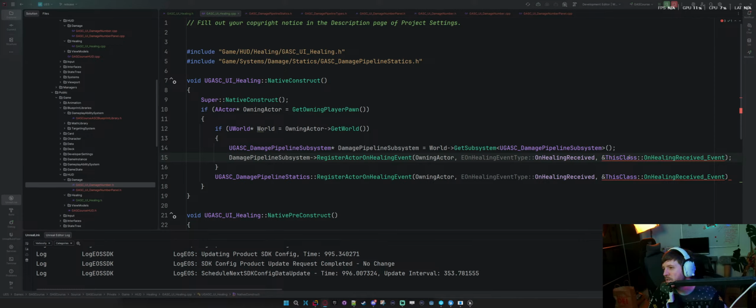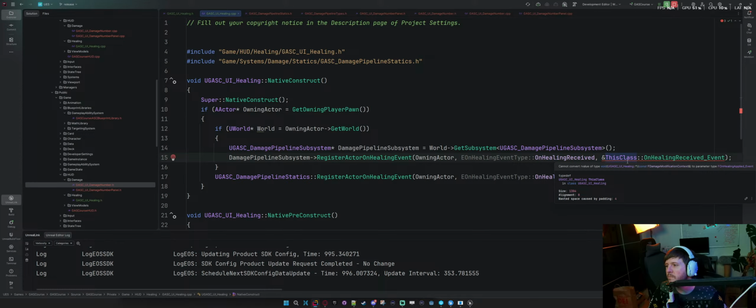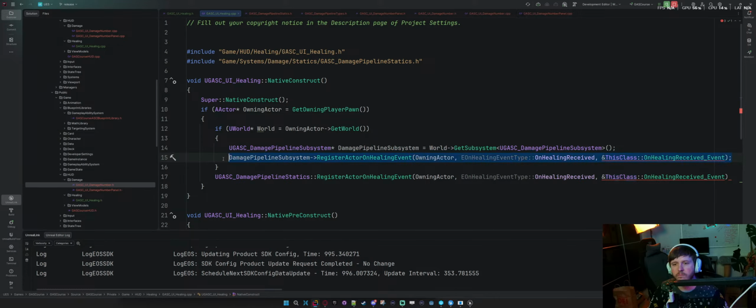Yeah, what's wrong? So cannot convert R value of type UGC healing cost for param type F applied healing event. Not 100% sure on that one.